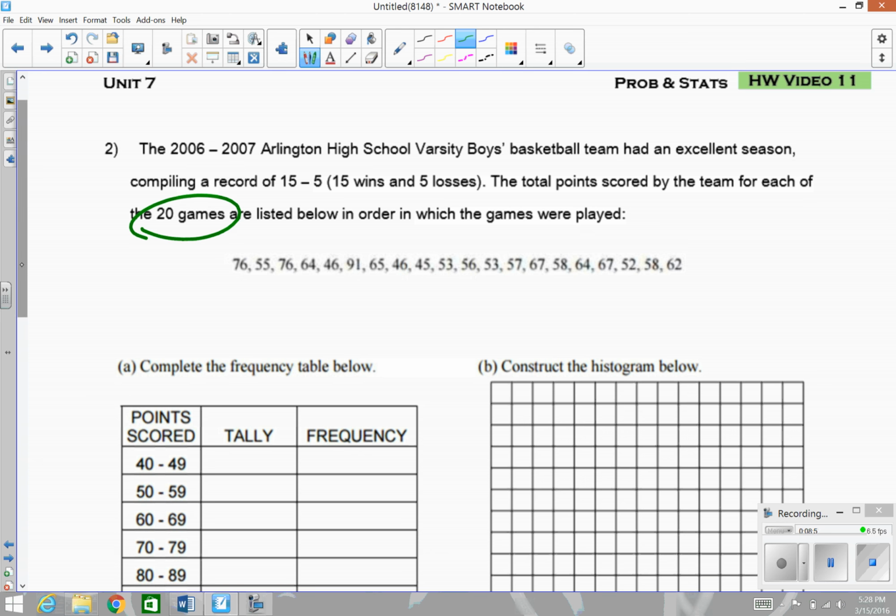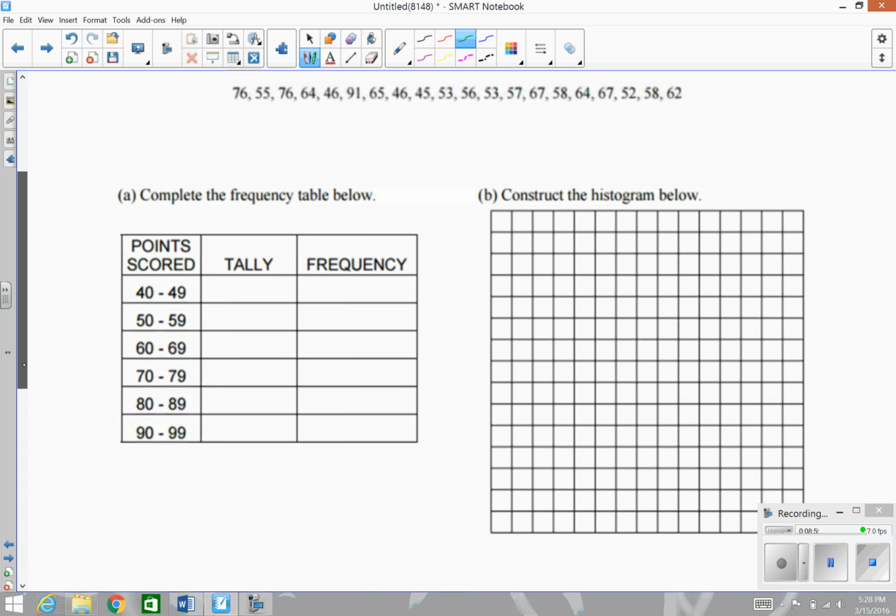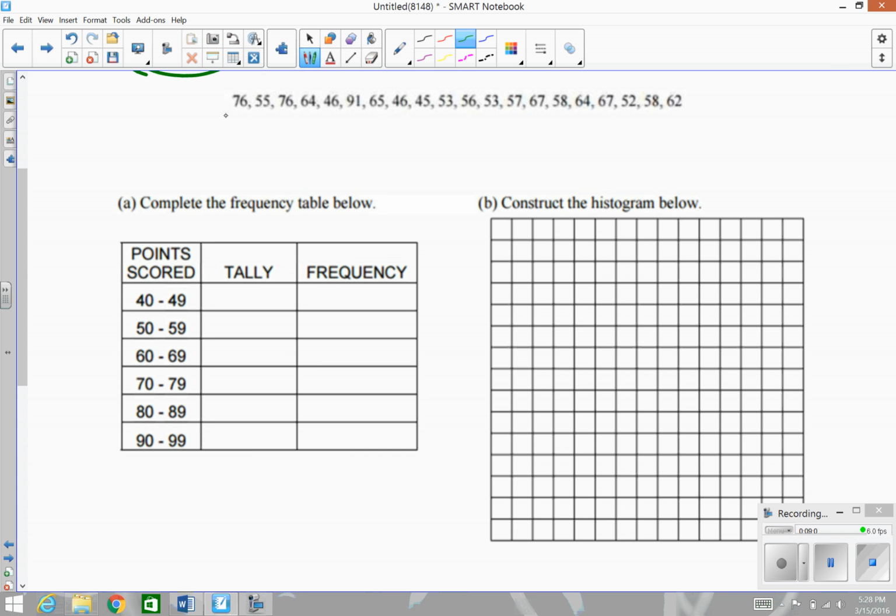So step 1, whenever you're trying to build a frequency histogram, is to make a frequency table. We look at the scores, we'll keep a tally, and then we'll total our frequency. So if I see a 76, that's falling in this range. I put a tally. 55 falls here, another 56,